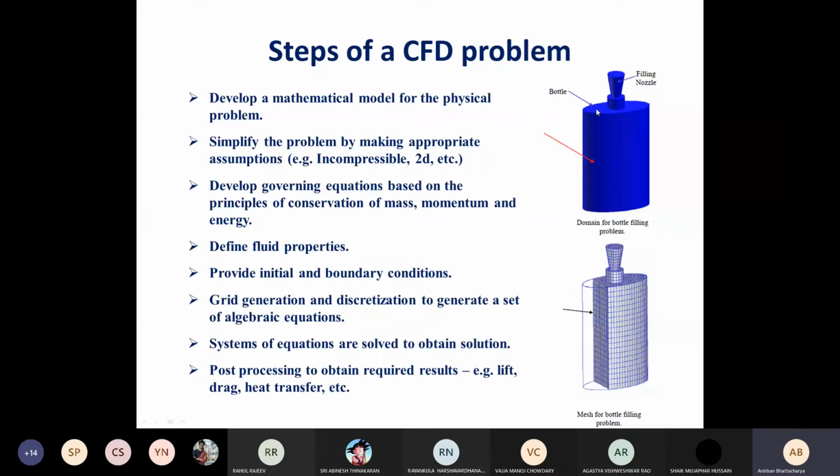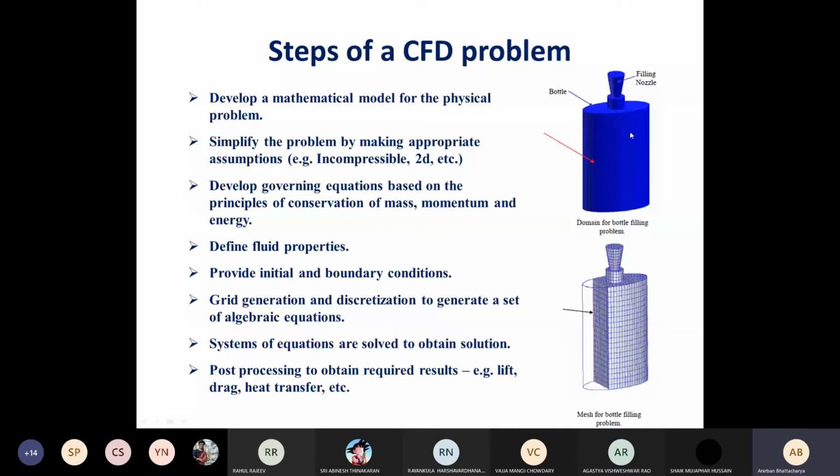And geometry needs to be created either directly or based on certain, say, images which are already present for this structure. Okay, based on those images, we have to develop a CAD model. The geometry is known as the CAD model. For simple problems, we directly create the geometry using the CFD solver. It's like a 2D geometry in those cases. But for this type of more complicated geometry, you have to use a separate tool, or the tool provided with the CFD software, for creating the geometry.